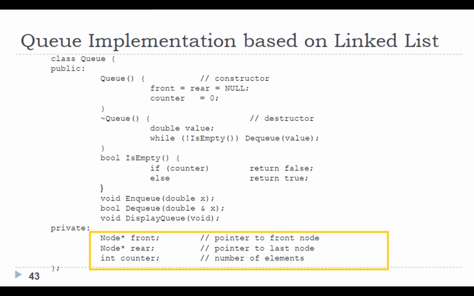Queue implementation based on a linked list. class Queue { public: Queue() { // constructor: front = rear = NULL; counter = 0; } ~Queue() { // destructor: double value; while (!isEmpty()) dequeue(value); } bool isEmpty() { if (counter) return false; else return true; } void enqueue(double x); bool dequeue(double &x); void displayQueue(); private: Node *front; // pointer to front node Node *rear; // pointer to last node int counter; // number of elements